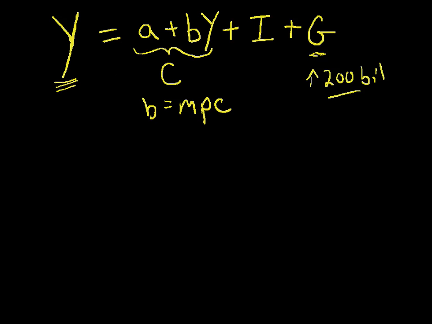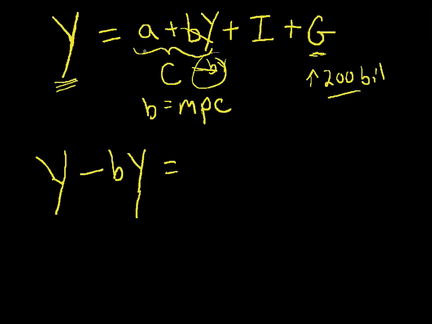Mathematically, if you want to answer the question, if G spends more money, what happens to Y? You want to get all your Y's on one side of the equation. That's what we're going to do now. This is the first big step. Y, that's this Y here. Now let's get rid of this Y here. So we're going to subtract BY from this side. So plus BY minus BY, they just cancel out, don't they? But we've got to subtract it from this side of the equation too. Minus BY equals,